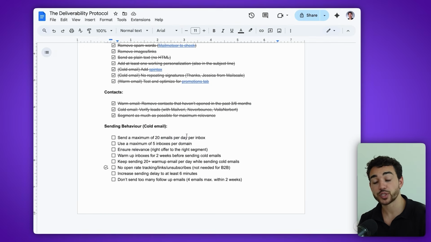A couple of other best practices for cold emails specifically is to send a maximum of 20 emails per day per inbox, using a maximum of 5 inboxes per domain to spread your volume, warming up inboxes for at least 2 weeks before sending cold emails. Also keep sending warm-up emails every day while sending cold emails, not having open rate tracking, links or unsubscribe links for B2B outreach specifically because you don't need it, increasing the sending delay of your email inboxes to at least